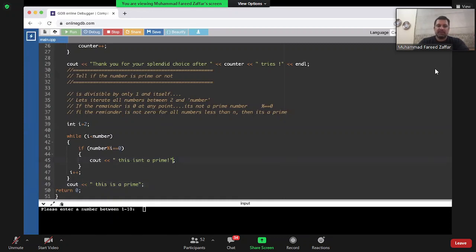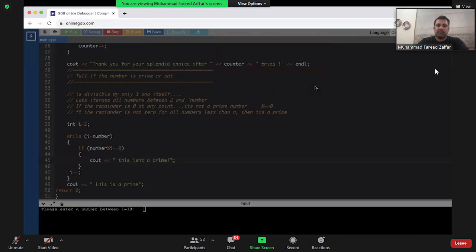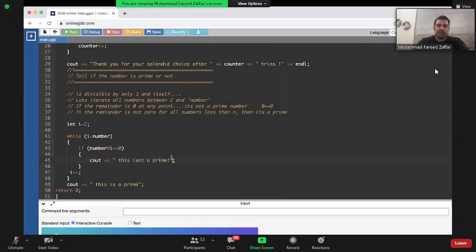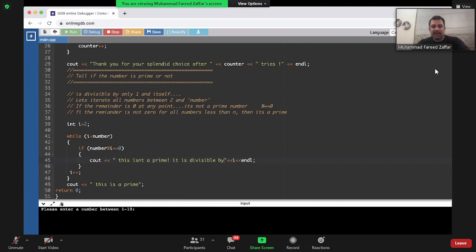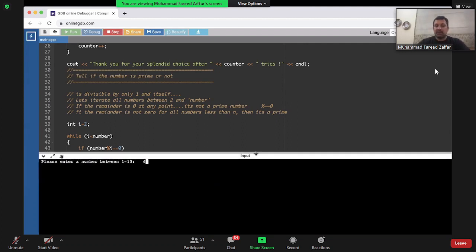अच्छा, ये देखो, ये करते हैं, एक सेकंड, स्टॉप. ठीक है, अब मैंने क्या किया, मैं प्रिंट कर रहा हूं कि जिस नंबर से वो डिवाइड होता है, जस्ट टू सॉर्ट ऑफ शो यू. सो नाउ लेट्स रन दिस. इफ आई रन दिस एंड एंटर 6, तो क्या करेगा? सबसे पहले वो कहेगा इट्स नॉट अ प्राइम बिकॉज इट्स डिविजिबल बाय 2. फिर वो कहेगा इट्स नॉट अ प्राइम बिकॉज इट्स डिविजिबल बाय 3, एंड देन इट्स गोइंग टू से इट्स अ प्राइम.